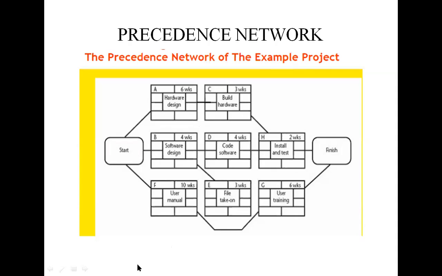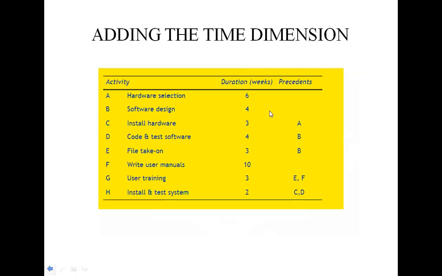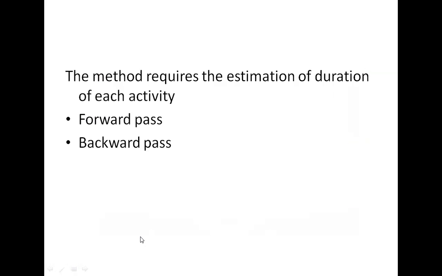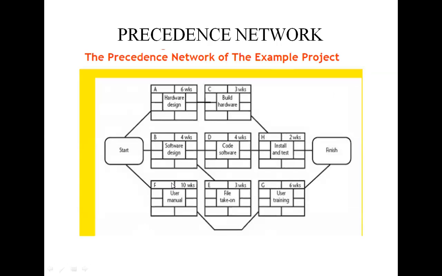So this is about adding the time dimensions to the activity network. For this, the method requires two passes: one is the forward pass and another one is the backward pass. So what is the forward pass? Here the activities A, B, and F